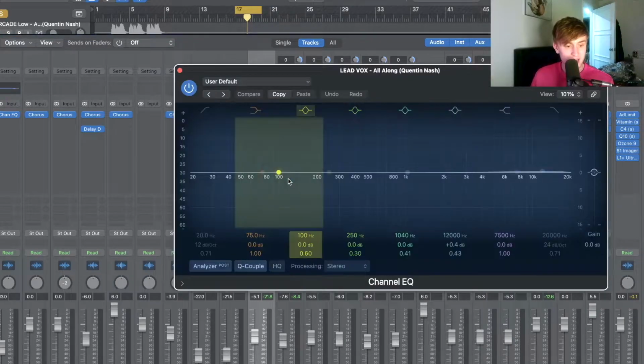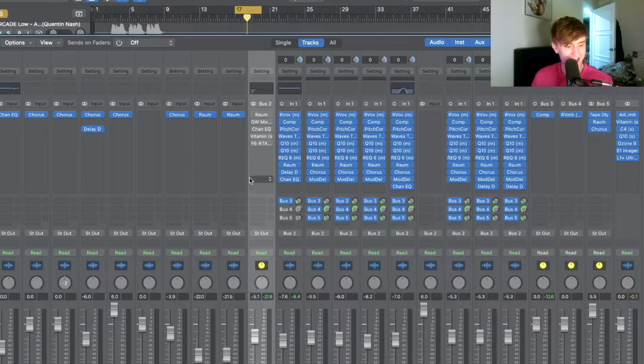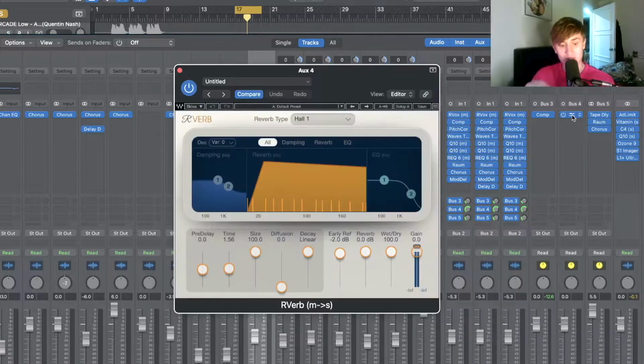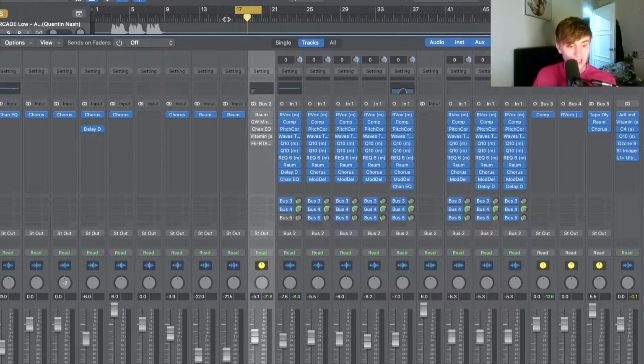And the last thing I've added, oh, I didn't even use that. Never mind. And then bus 4, I added another reverb, which again, this one's up to 0 because again, I wanted to send the vocal straight into the room, and it's a 1.56 second reverb this time. I was blending reverbs to try and get it more to the mix how I want. I did a high cut as well because I didn't want it to be too bright, because again these LANY vocals in the mid, they're quite mid heavy, and I quite like the sound of the decay to really come through. So when you put these together,